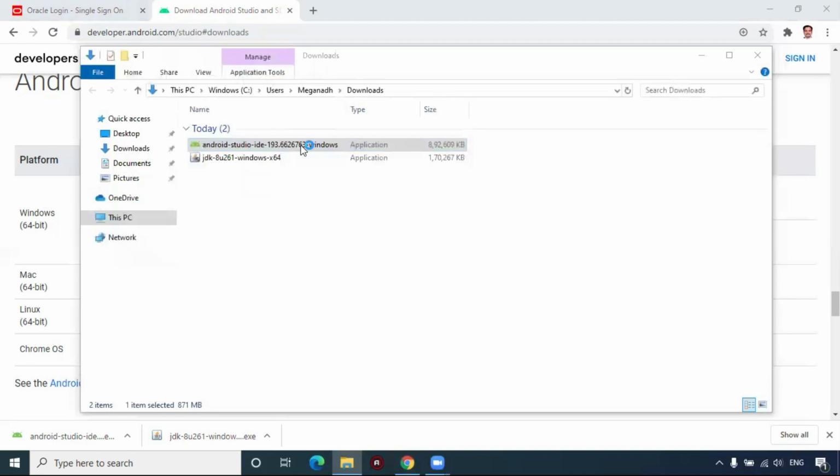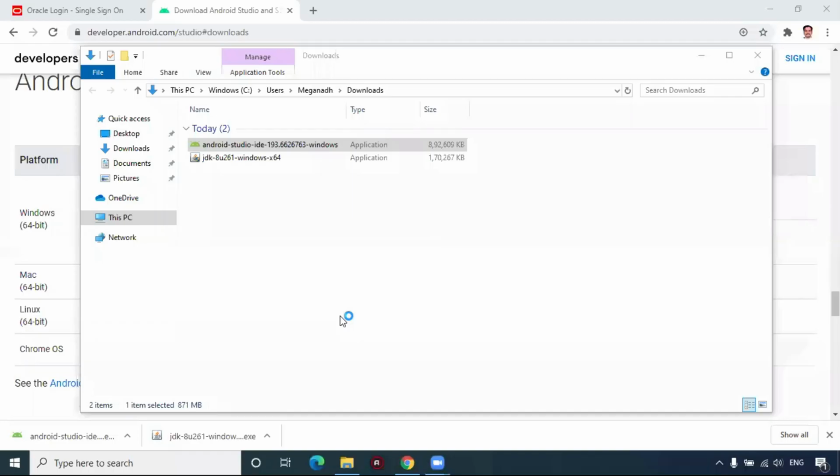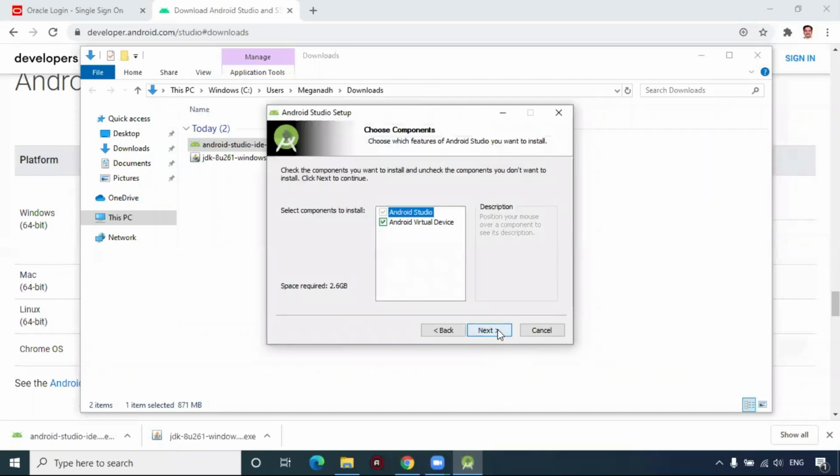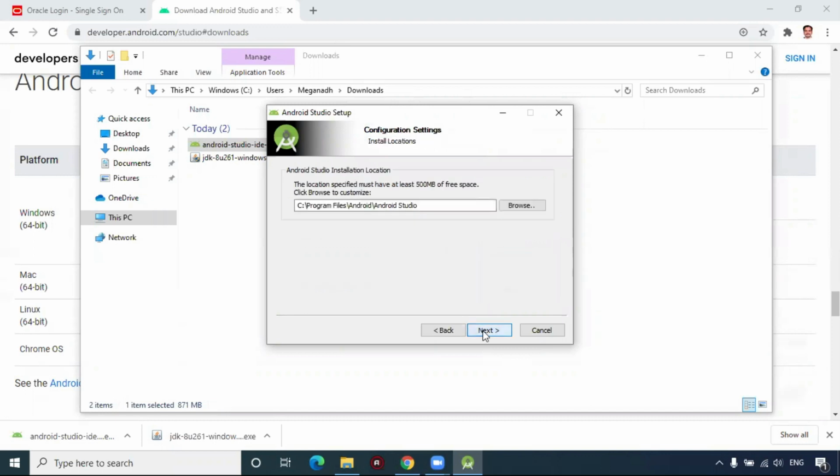Now it might ask you, do you want to make changes to the computer? Click on yes, and you can see there it started installation. So in a while it will open a pop-up. You see a blank screen here. It's okay. So now you can click on next, and you can see it's also showing Android virtual device. Yes, we need it. Click on next,